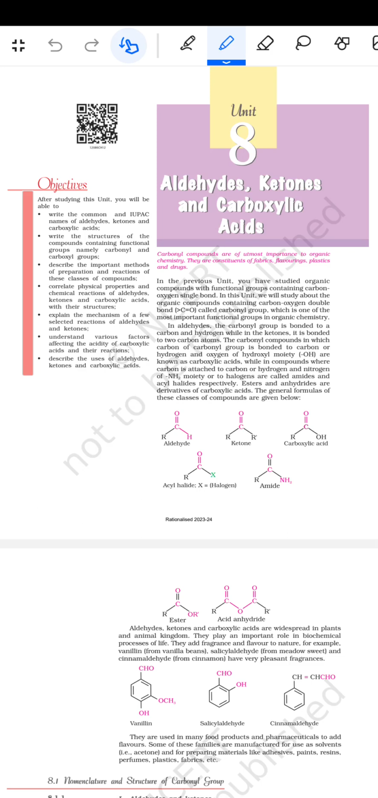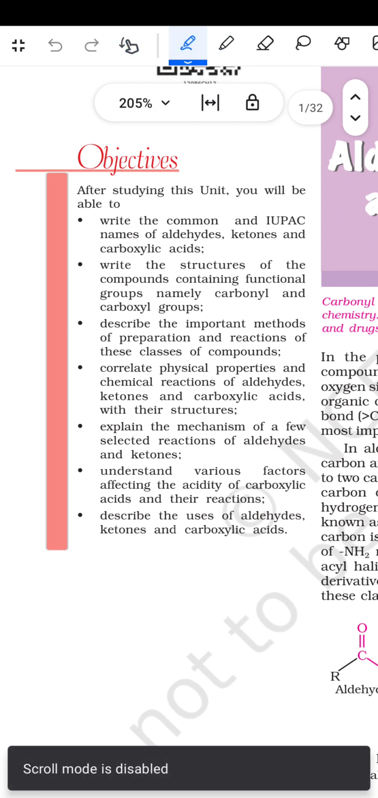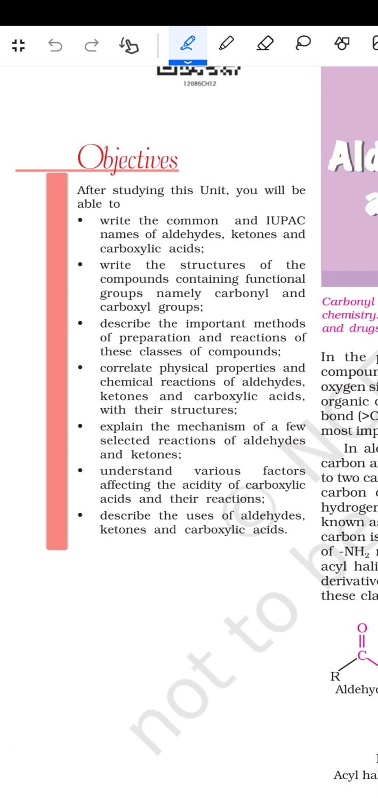Now the aldehydes, ketones and the carboxylic acids. The objective is that after studying this unit you will be able to write the common and the IUPAC names of the aldehydes, ketones and the carboxylic acids, write the structure of the compounds containing functional groups, namely carbonyl and the carboxyl group, describe the important methods of the preparation and the reactions of these classes of compounds, correlate physical properties and the chemical reactions of the aldehydes, ketones and